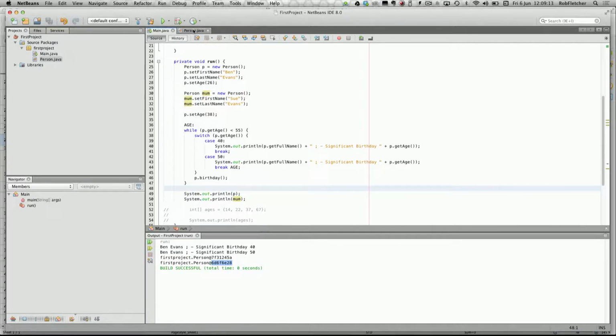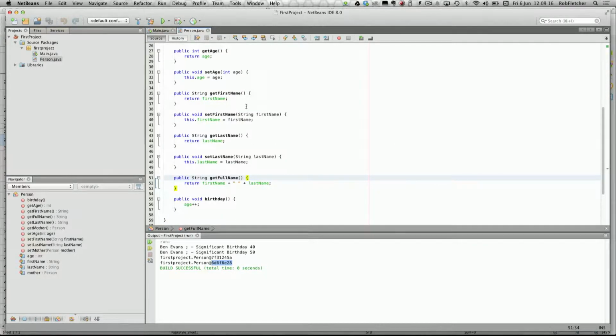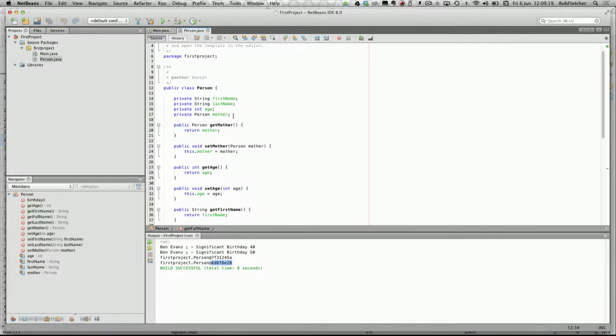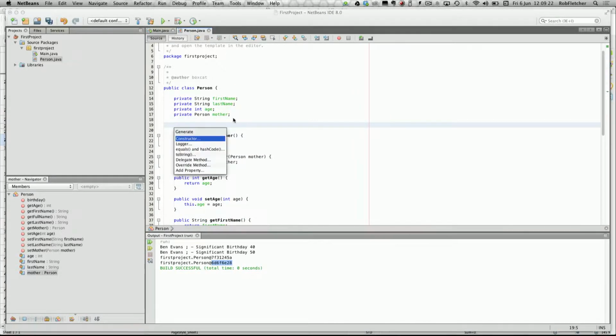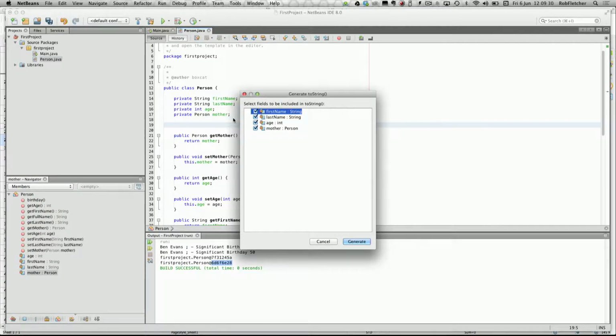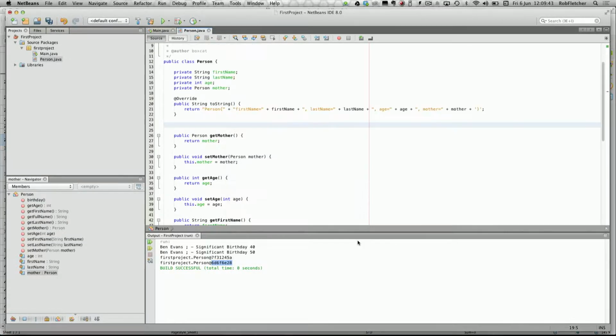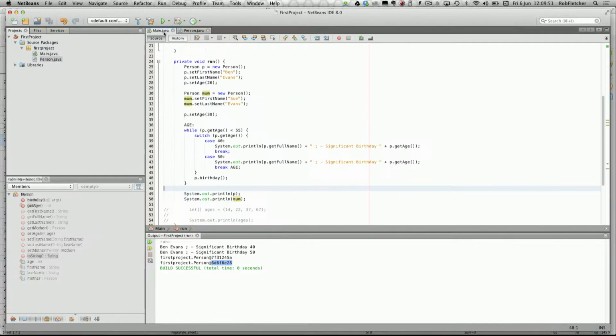Well, it turns out that there's a very natural way in Java to do this. And in fact, we can use our old friend Control-I to generate some code. And the method we're actually going to generate is the toString method, which is a way of automatically generating a natural method to make a simple textual representation of an object. All IDEs will provide you with a generation option to automatically produce a toString. So there we go. So we have this toString method, and it returns a string. So now when we rerun the code,